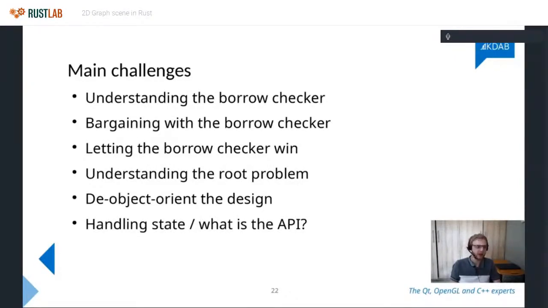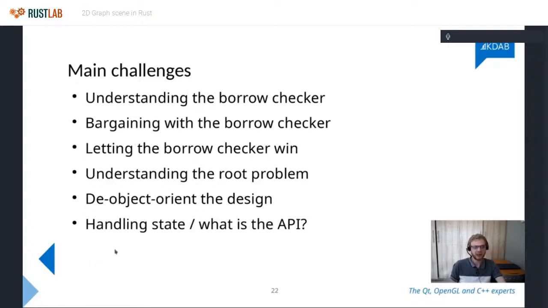So you need to do that thing that I did with a caller map, where you don't try to store everything inside the object. You store it somewhere else so that you can't access it at the same time and not introduce race conditions. So de-object orienting the design, I don't know if that's fully the right word. It's more about just not trying to store everything, specifically references, inside your objects.